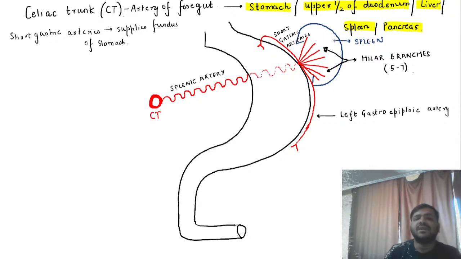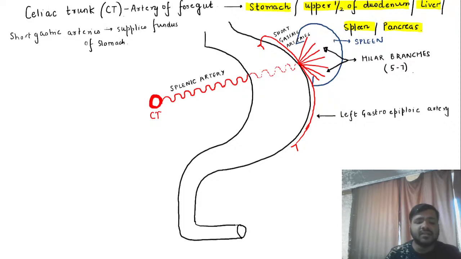So now I have only told you that the splenic artery is tortuous, and it gives hilar branches, 5 to 7, that supply the spleen. Apart from that, it supplies the fundus of the stomach in the form of short gastric arteries, and gives one more branch that supplies the greater curvature of the stomach, in the form of the left gastroepiploic artery. Now, remember, guys,